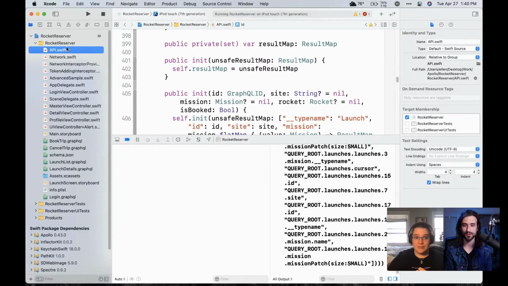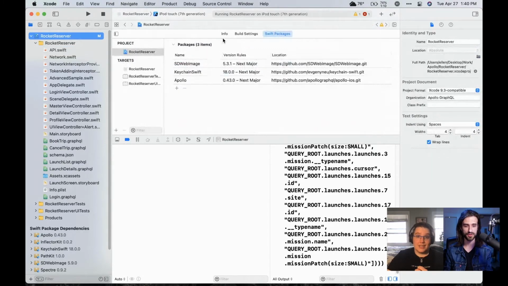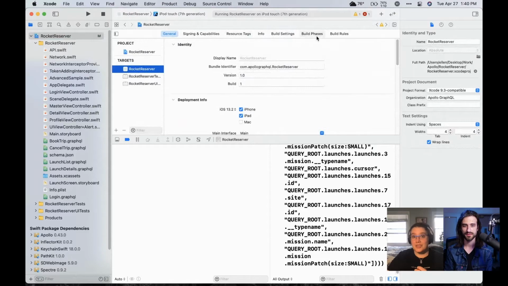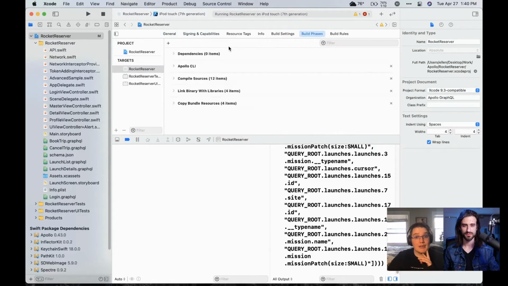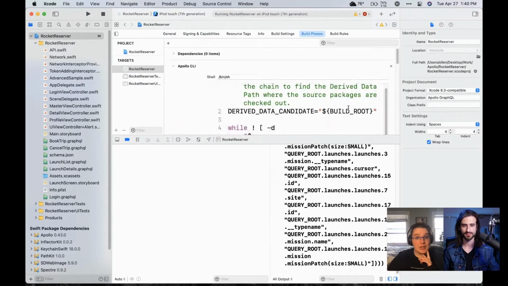Yeah, it's a very nice value proposition, definitely. And it leads to my second question. We've seen what we need to embed as the data. Now in terms of dependencies, maybe custom build steps, how do we integrate this Apollo SDK in an iOS project? Yeah, this is something that I'm hoping will get much better with some forthcoming changes to Swift Package Manager. But for right now, what you do is